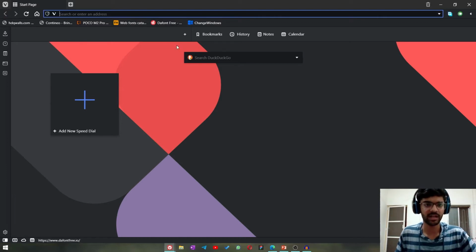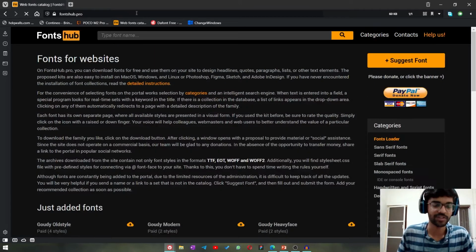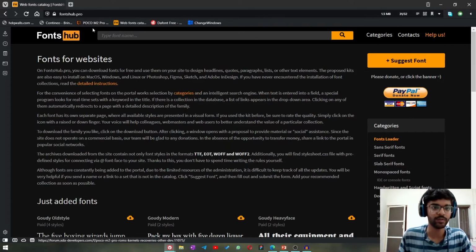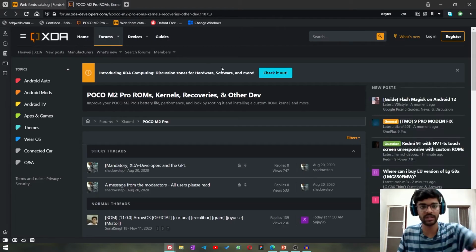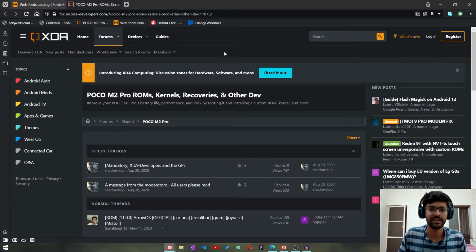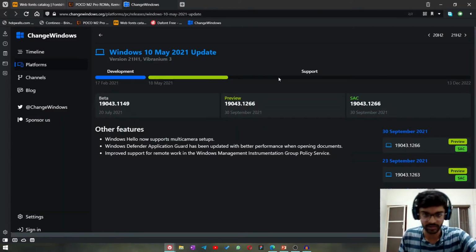So now let's say over here I use the web font fontsub.pro, this website. Over here, let's say in the next one, I open the Poco M2 Pro XDA page, and then the changelog for Windows, changewindows.org, the website that tracks all of the different change logs.